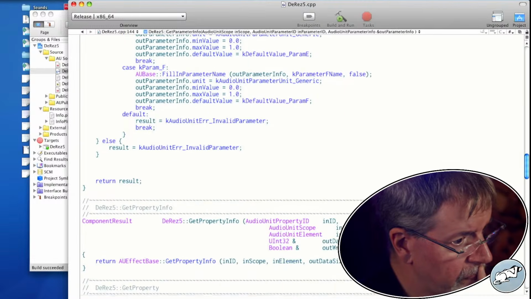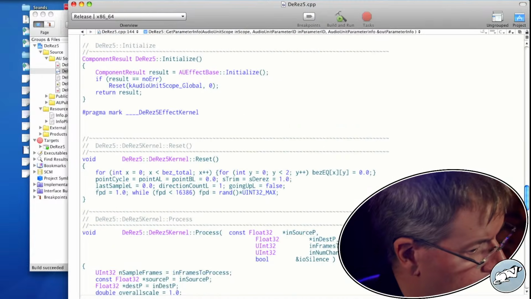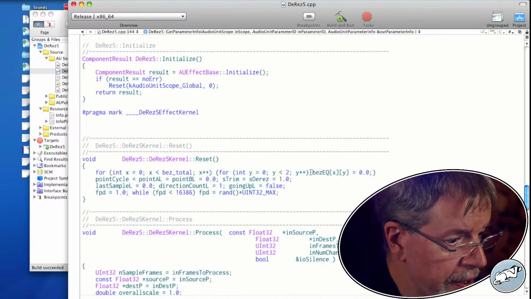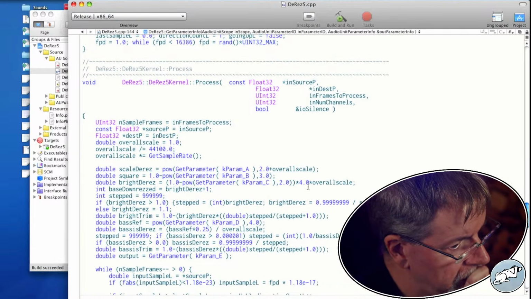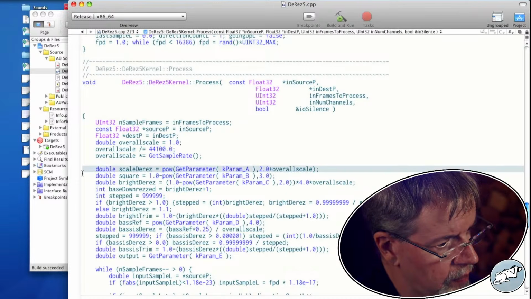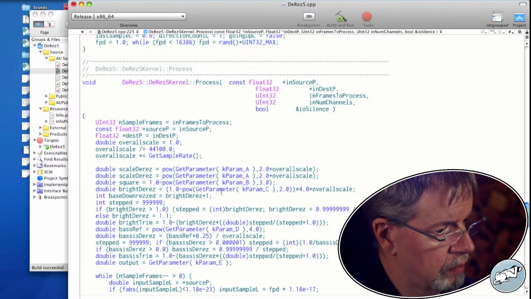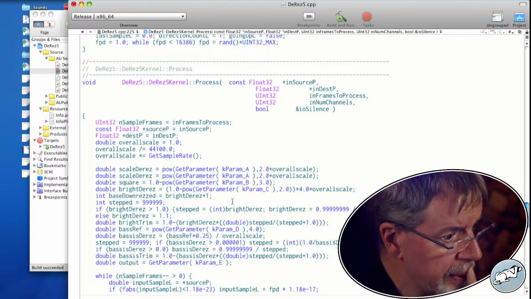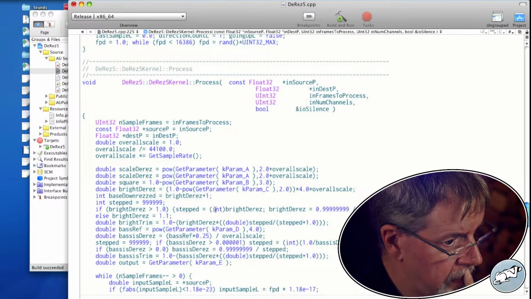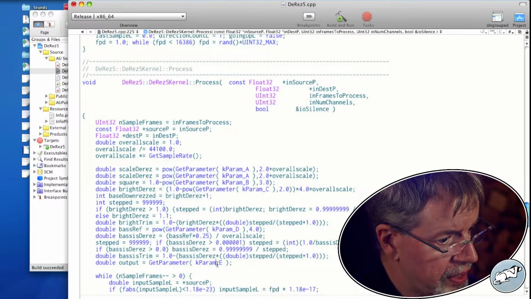Fine, fine. Haven't added any new controls here. That's going to need to change. And everything steps up one.